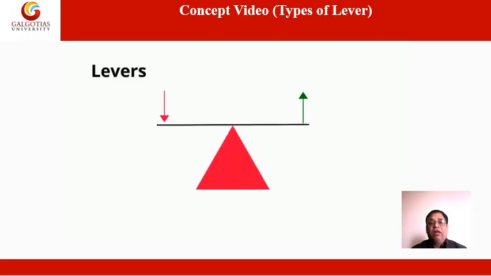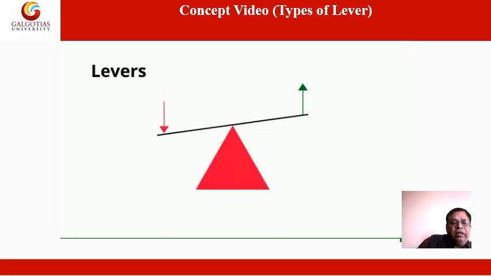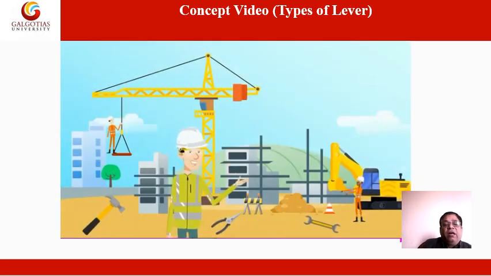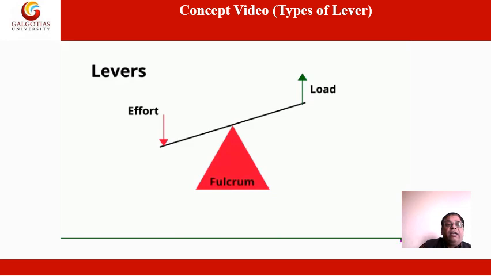Lever definition. You see this video. In this, classification of levers is discussed. Levers are classified based on the position of the fulcrum point. Here, on one side of the lever the effort is applied, on another side the load is applied, and in the center is the fulcrum. So the load, fulcrum and effort are the three terms which are used in the design of lever.